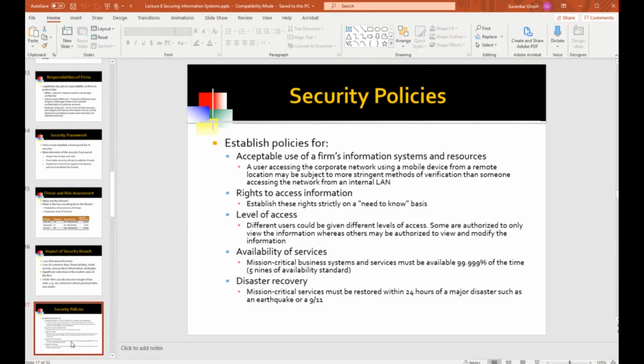So you have policies about users as well, in terms of what applications and what data they have access to. You can also have policies around the availability of services. We referred to mission-critical applications, like the brokerage application at Charles Schwab.